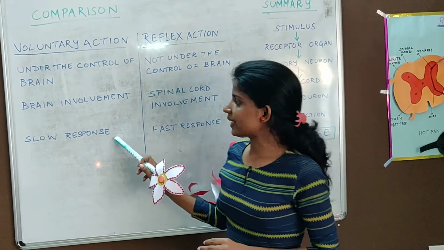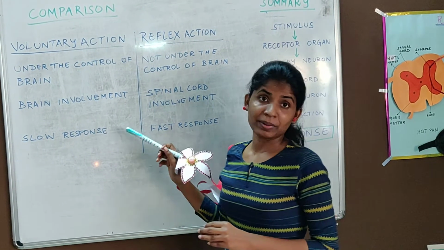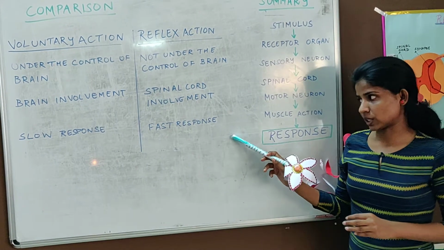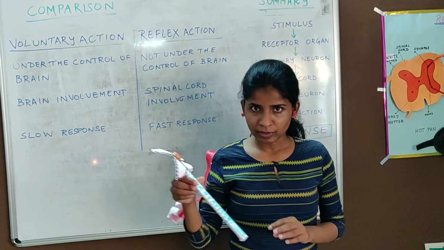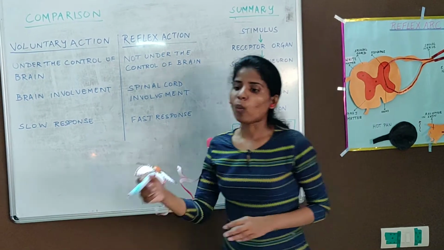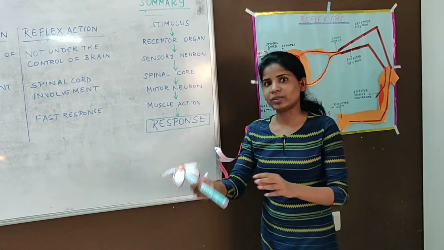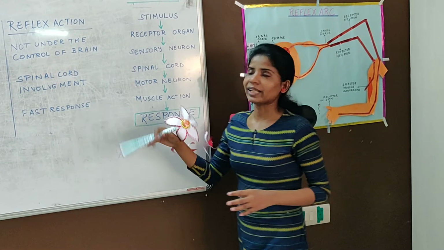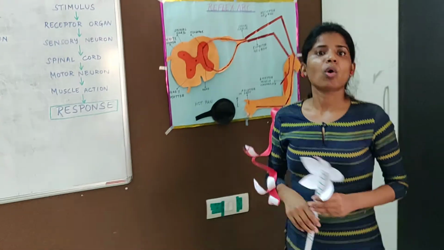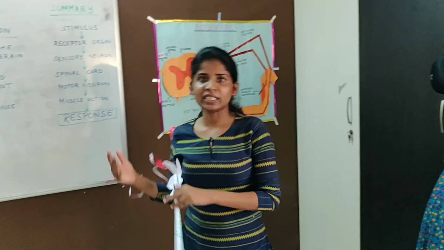Voluntary action gives a slow response, whereas reflex action gives a fast response. For example, I picked up the flower and didn't remove my hand. That was a slow response. Whereas I touched the flame and removed the hand instantly. That was a very fast response. So I have completed this. I hope you have learned this lesson very well,